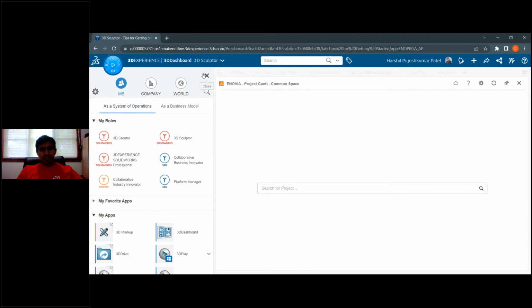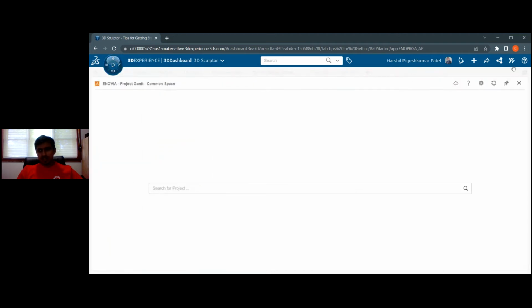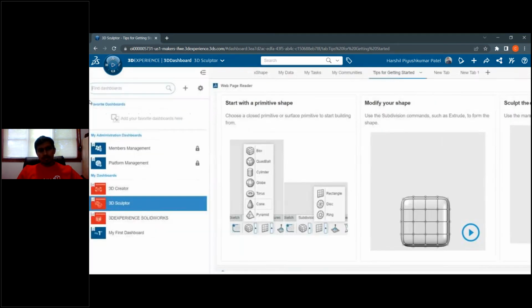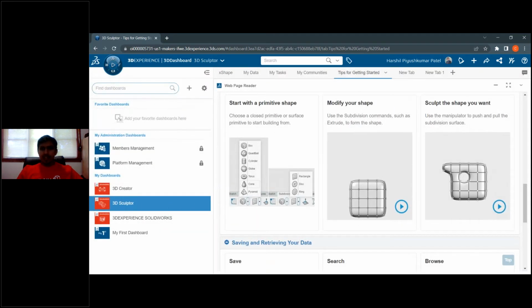There is no other document required for creating any product development process. So we can say that in the 3D experience platform, we can plan anything, and we can do all the things on one platform only.